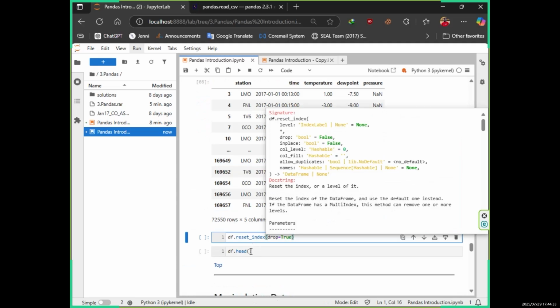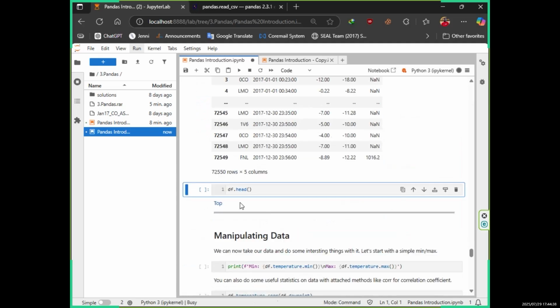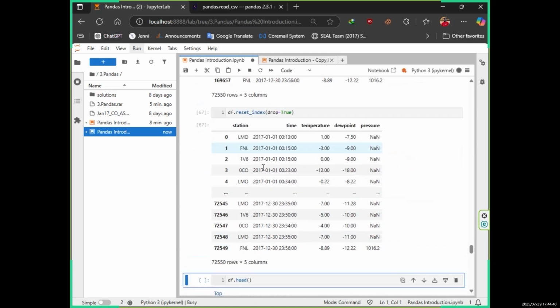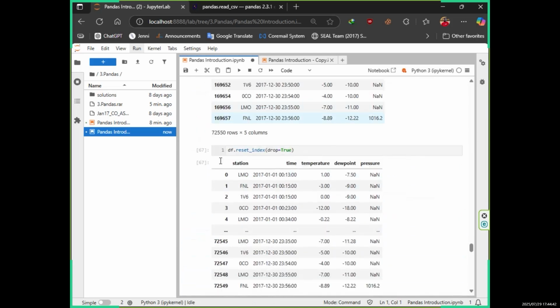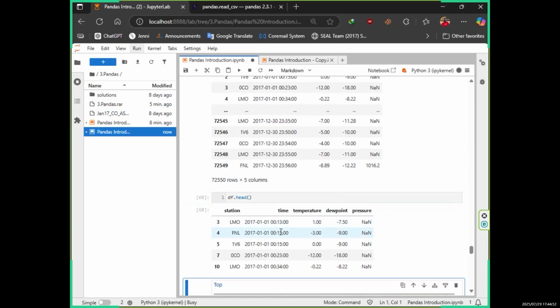So if we mention this one, what will happen? It will reset all the index values. And if I read df now, you can see the index values have been reassigned. Now it is starting from 0, 1, 2, 3, 4. And then even if I print df.head(), you can see